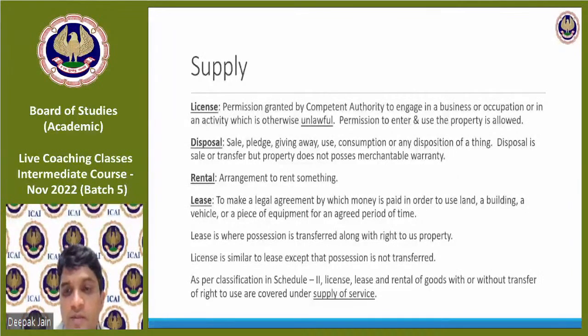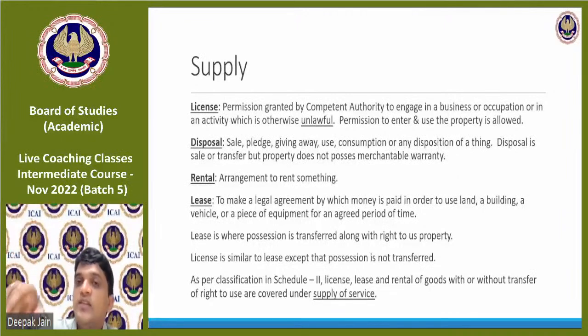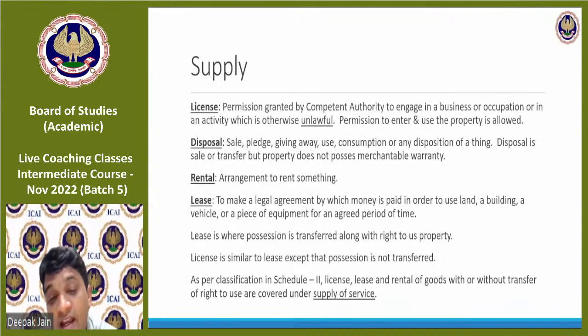So how can debtors be not actionable claims? Because we have a right to claim debt due from them, right? Yes, debtors are actionable claims. I never said they are not actionable claims. Debtors are actionable claims only. But under GST, they are all excluded from the definition of goods, is what I'm saying. Because Schedule 3 specifically said only three kinds of things will be actionable claims. Others will not be treated as actionable claims for GST, but debtors are actionable claims.